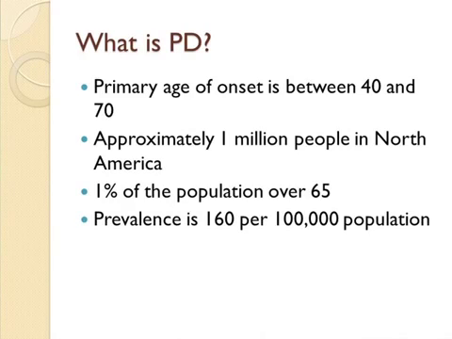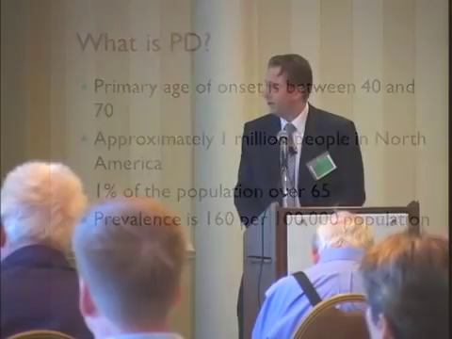So Parkinson's disease is a disease that primarily affects folks in their 50s, 60s, 70s, older decades, but it can affect people as young as their 20s and 30s, less commonly so, but it can. The primary age of onset is usually between 40 and 70 years old. There are at least 1 million people in this country who have been diagnosed with Parkinson's disease, making it not a rare disorder, but not a common